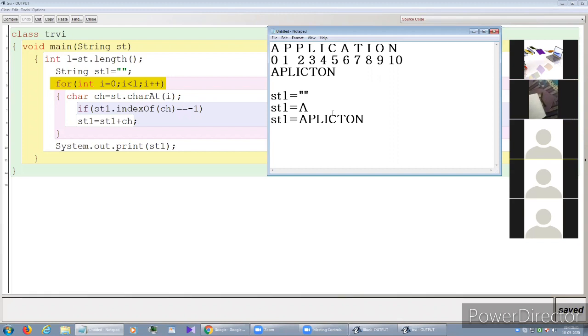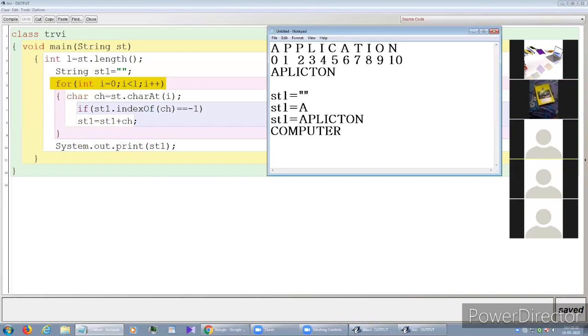What is a unique number? Like computer: no repetition of letter, all are unique letters. So computer is a unique word. We can check the unique word with this concept as well. The same concept will apply here, and we generate a new string. If the new string is the same as the inputted string, then it's a unique word.